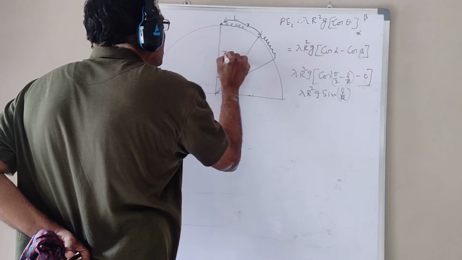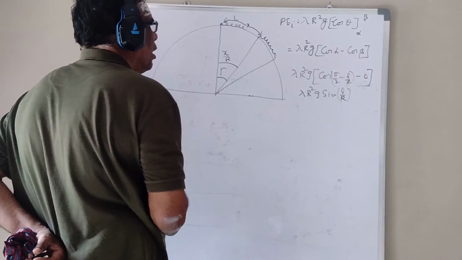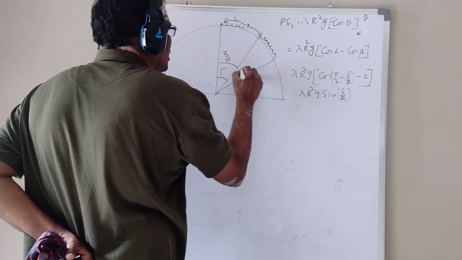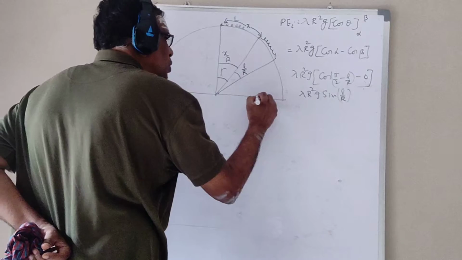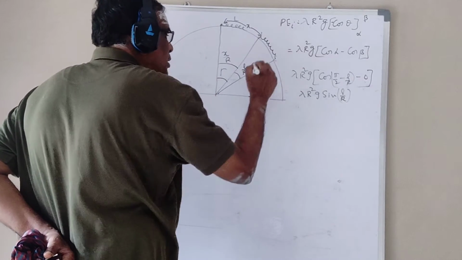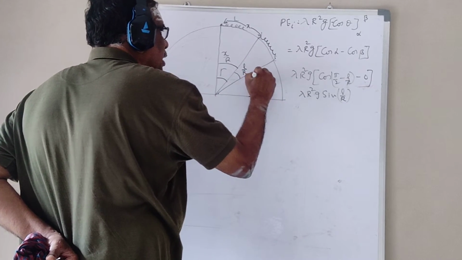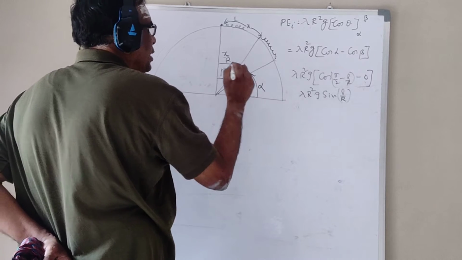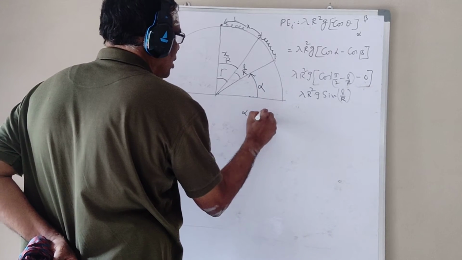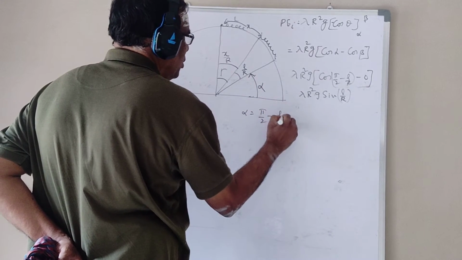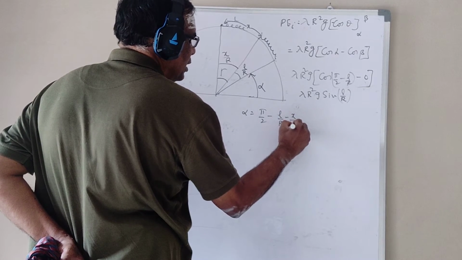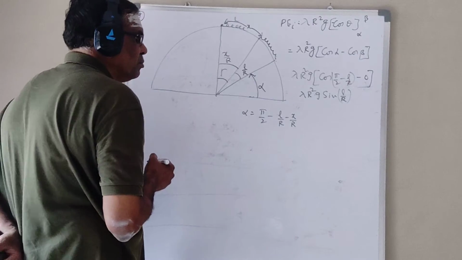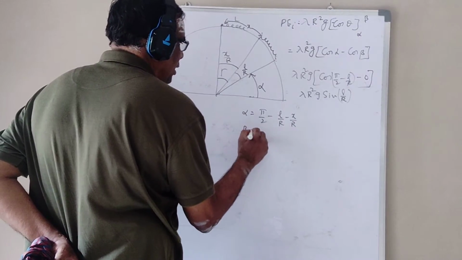Gamma is x by r. And this is L by R. So, at this instant, my final potential energy. At this instant, alpha is pi by 2 minus L by R minus x by R. And beta,